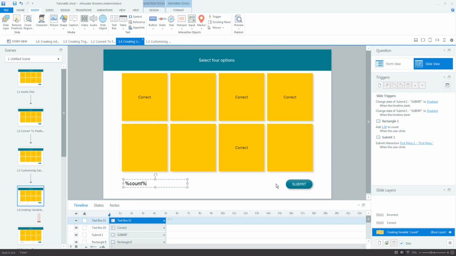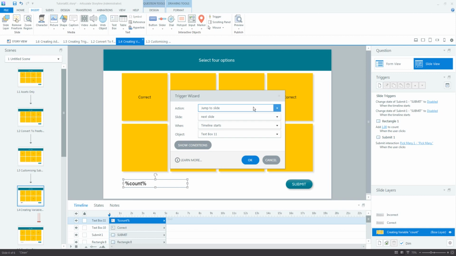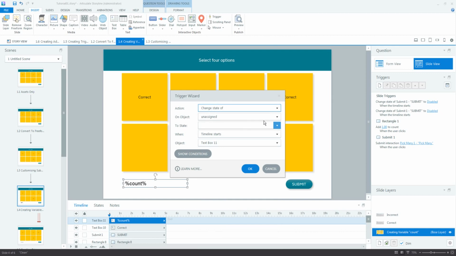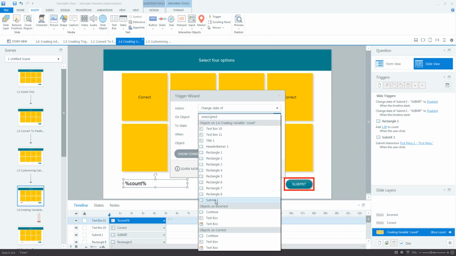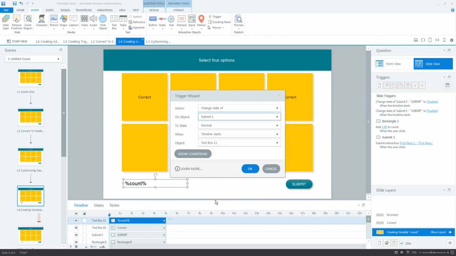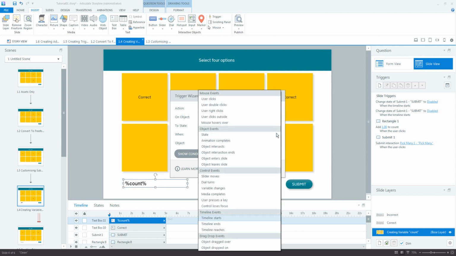And now step 5, let's create a trigger that makes the submit button enabled once the user has selected 4 cards. And this is how we're going to do it. Create a new trigger. And the action we want to perform is to change the state of the submit button to normal. And this is going to happen when the variable changes.